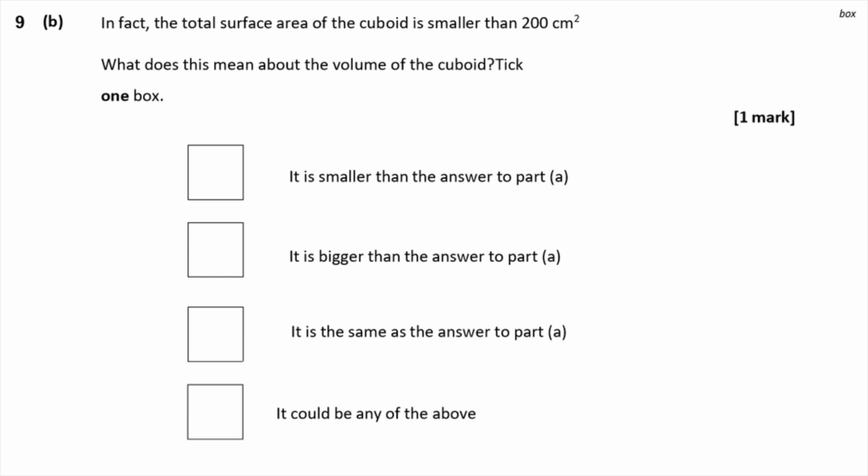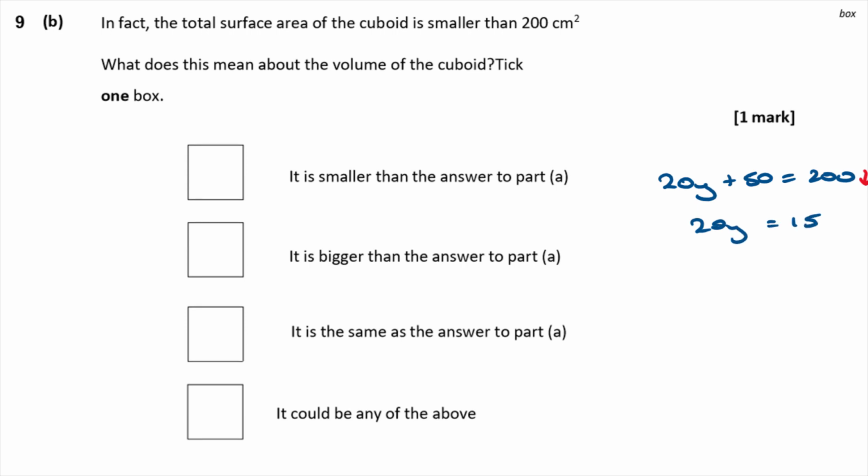Part B says, in fact, the total surface area of the cuboid is smaller than 200 centimeters squared. What does this mean about the volume of the cuboid? Tick one box. So if you remember, we had the formula 20y plus 50 equals 200 to work out y. Now, if 200 is not 200, but it's smaller than 200,